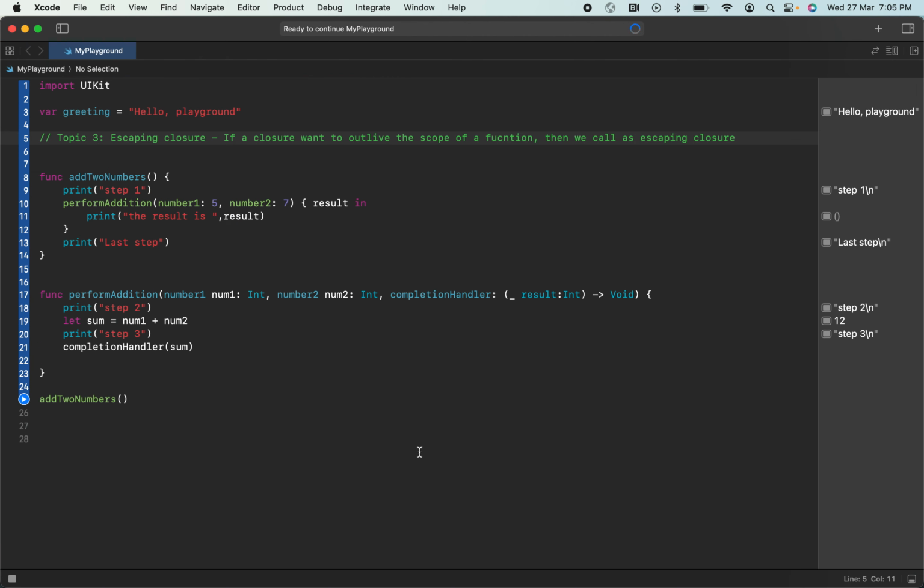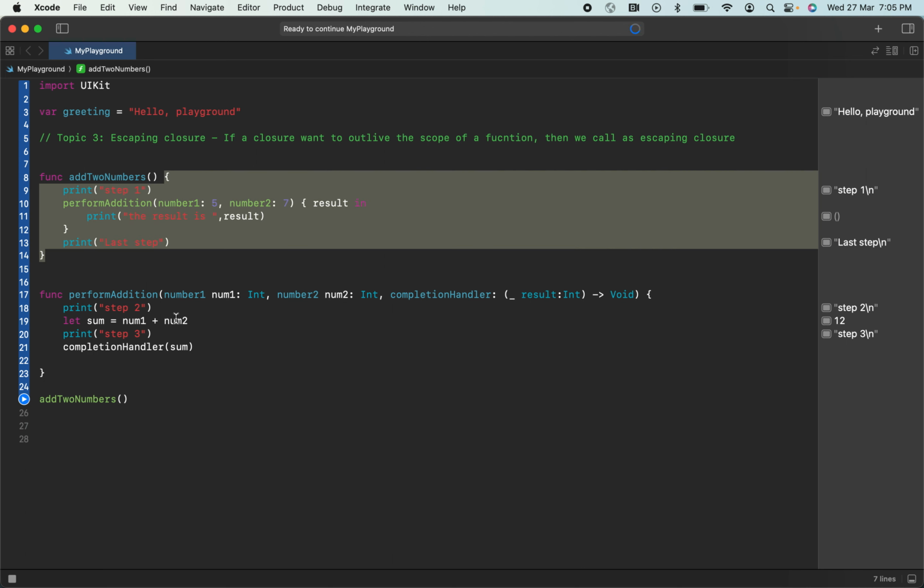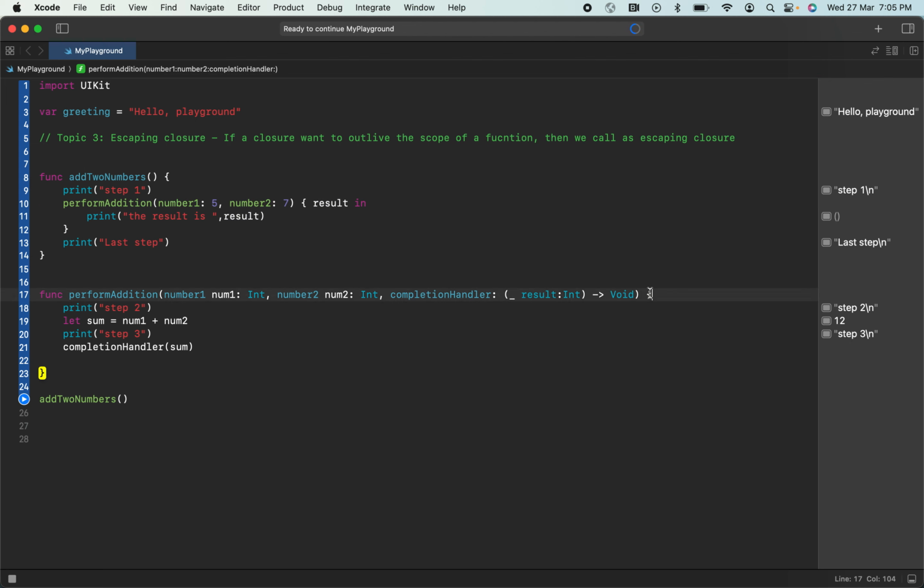The third topic that we are going to see is escaping closure. The definition of this is: if a closure wants to outlive the scope of a function, then we call it an escaping closure. Before that, I will explain what a non-escaping closure is so that you will understand the escaping one better. Here I have defined two functions, the add two numbers and the perform addition function, and